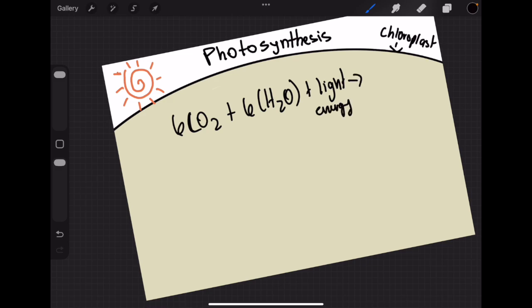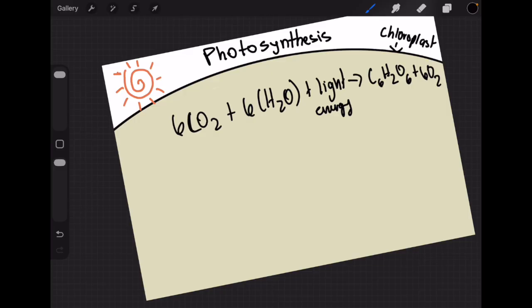And we're going to change that and turn it into glucose, which is C6H12O6. And then as our byproduct, we're going to get oxygen from plants. We know plants give off oxygen, right? So that's our